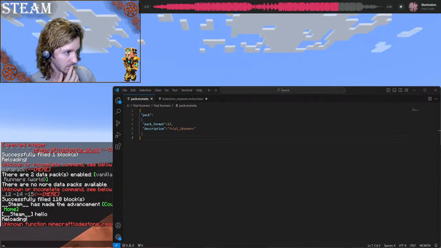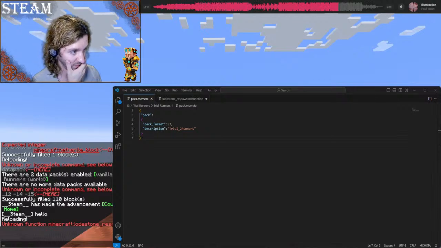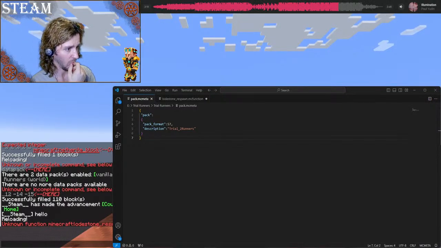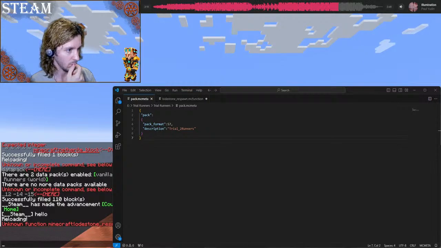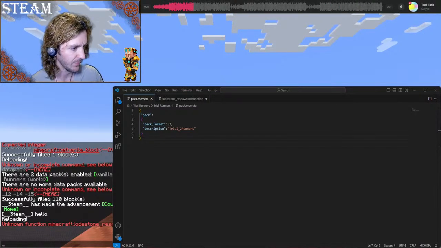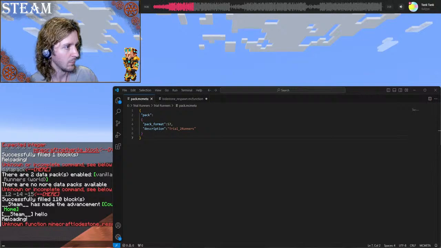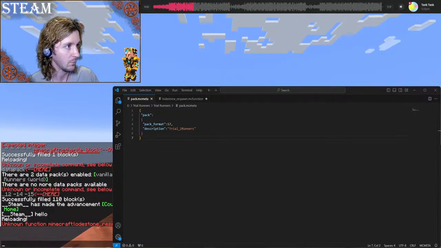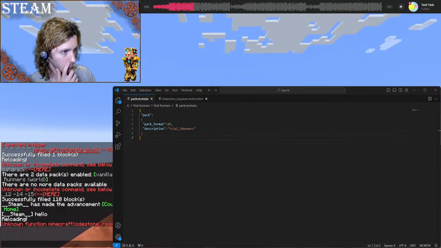Okay. Create a folder named tags inside that with another folder named functions inside. Oh, it needs to be inside the... I need a function thing inside tags. That feels a bit weird. Okay. So we're going to add a new one here. Functions is what it wanted me to do. And then from there,